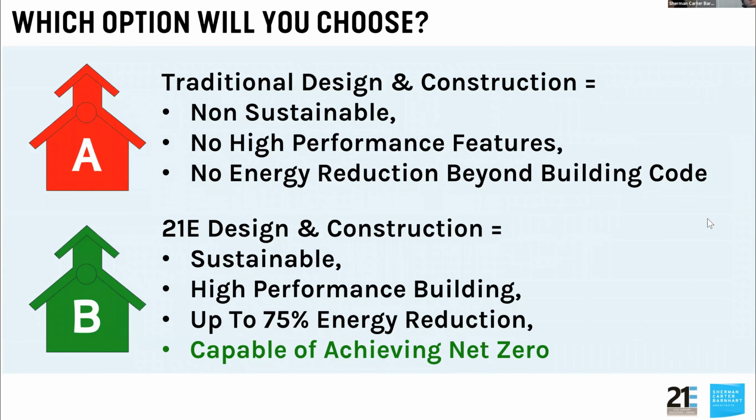So we simply asked the question, given the choice, which option would you choose? Traditional design and construction, not necessarily sustainable or high performance, with no energy reduction beyond the building code. Or with our 21E design and construction, it's the most sustainable building that you can possibly design and build. It's certainly high performance, and with the 75% energy reduction, capable of achieving net zero if you just add the